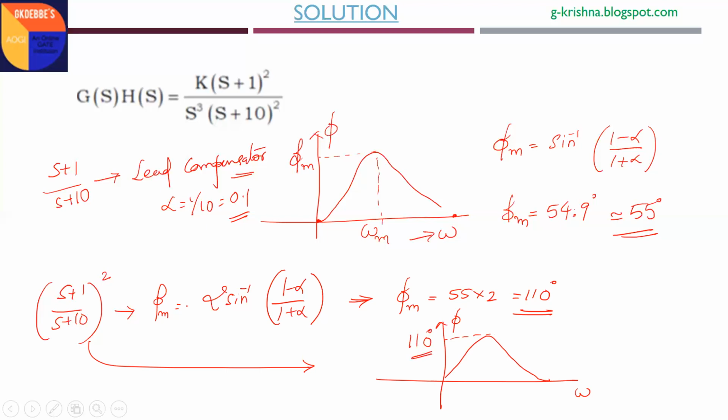Now you have a transfer function K by s cube. What the poles lying at the origin do to the phase plot is only shifting. The total plot shifts below minus 270 degrees when you add 3 poles at the origin. If you add 1 pole at the origin, the total phase shifts down by minus 90 degrees. If you have K by s square, 2 poles lying at the origin, the total plot shifts below minus 180 degrees. K by s cube means the total phase plot shifts down below minus 270 degrees. Hence, the phase plot will be like this.